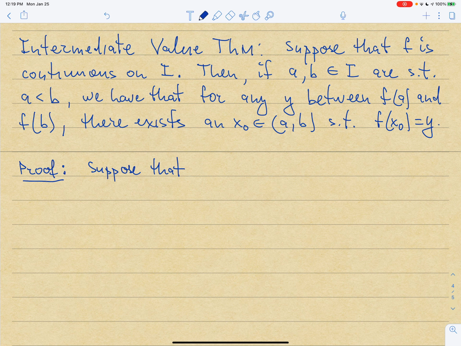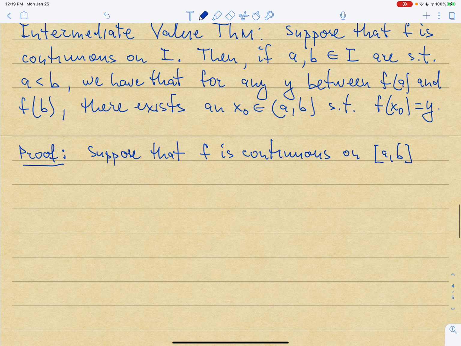Then that just means that the function f is continuous on a closed interval [a, b]. So suppose that f is continuous on [a, b], and without loss of generality, we can assume